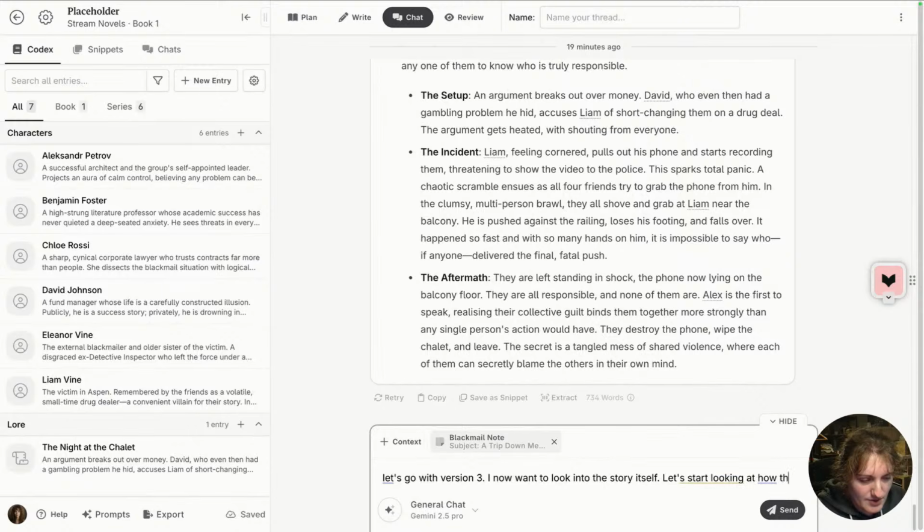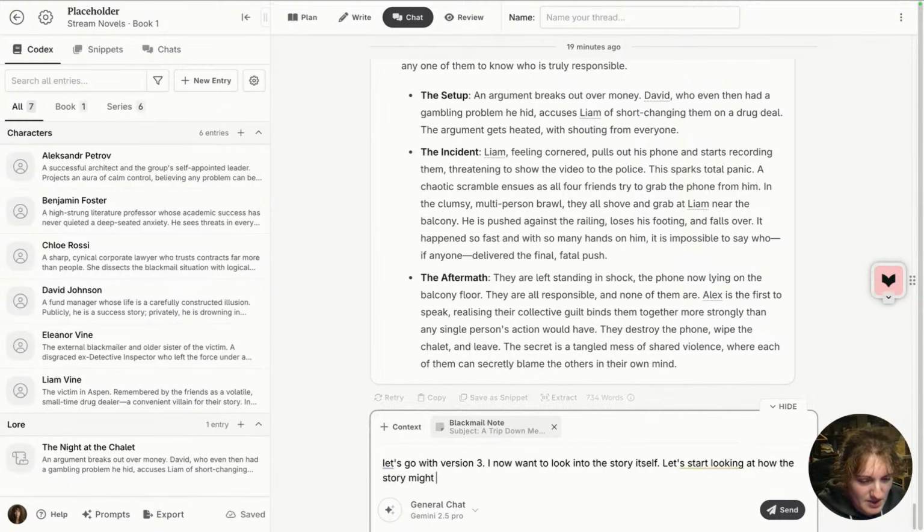Look at how the story might unfold, with brief one-sentence summaries of each chapter. I want to look into the story itself. Let's start looking at how